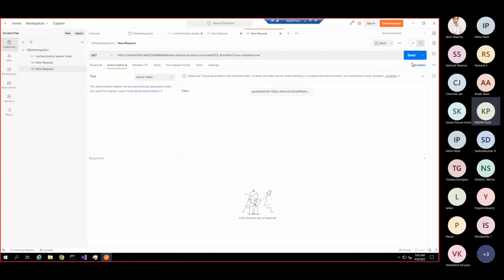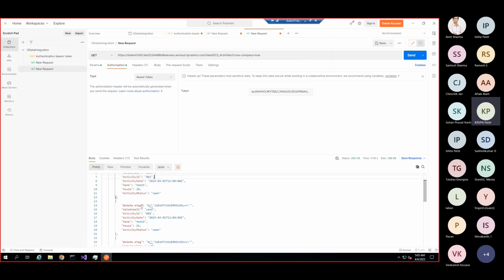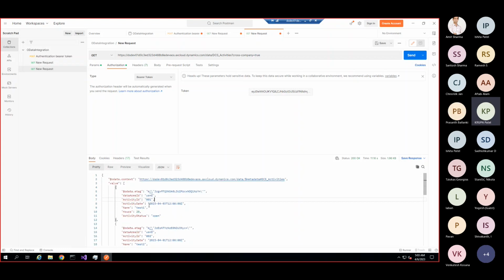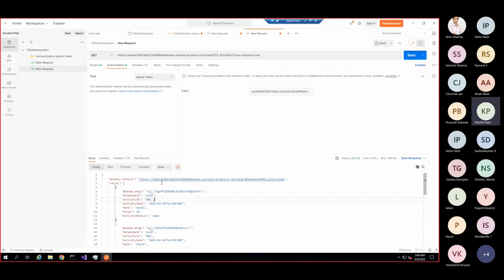Yeah, so now we click on send. So here you can see in the output, all the data are getting populated here. So we are just getting the data from the data entity. So let's just go back to the PPT.